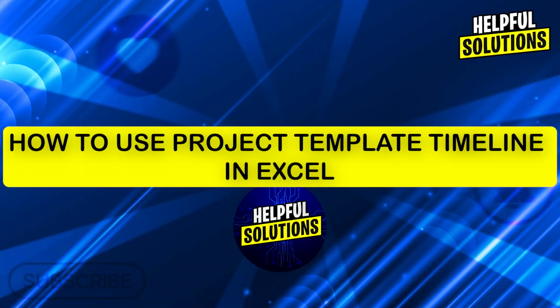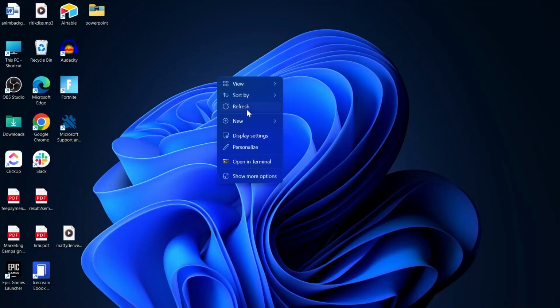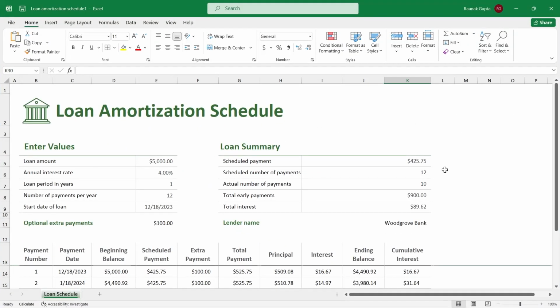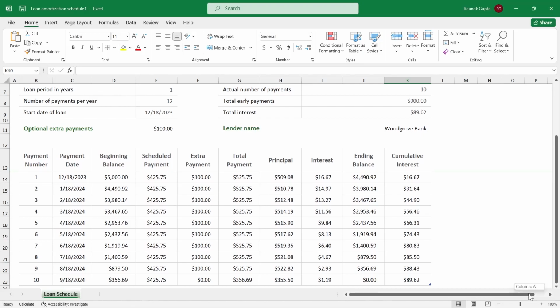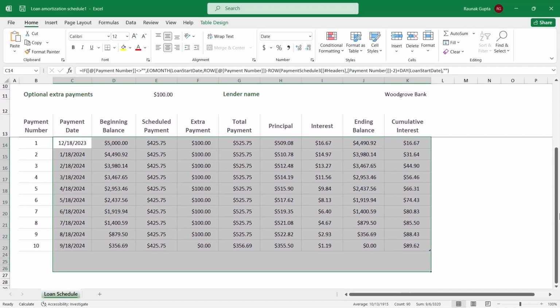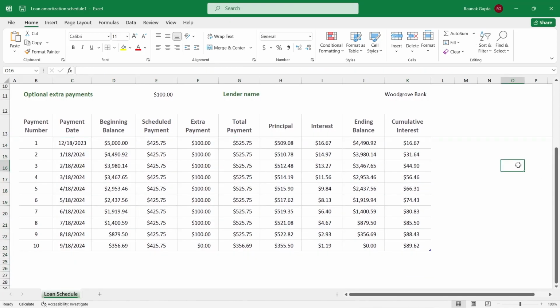In today's video, I'm going to show you how to use project timeline template in Excel. So if you use Excel and you have a project that is open right now and you're working on it and you want to create a project timeline based on this data, or you want to just add a chart and add data to it according to your preference,